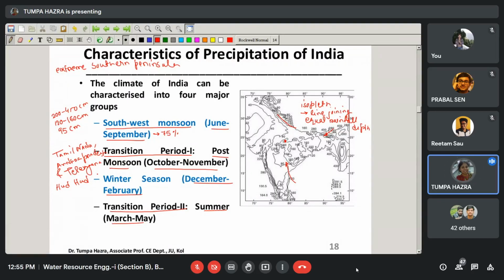Okay, so around mid December, disturbances of extratropical origin move from Afghanistan to Pakistan, known as Western disturbances, which cause moderate to heavy rain and snowfall in Himalaya and Jammu and Kashmir, and slight rainfall occurs in the